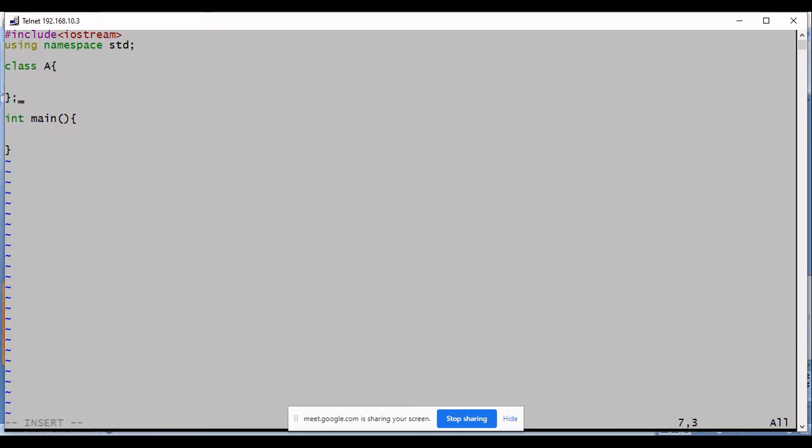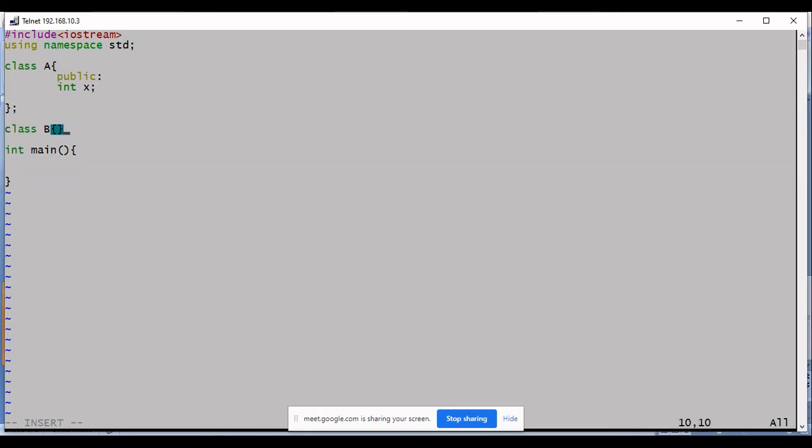There is one class A with some member data, say X. Let's take only member data. We will add functions later.